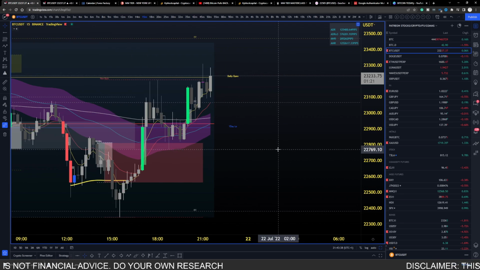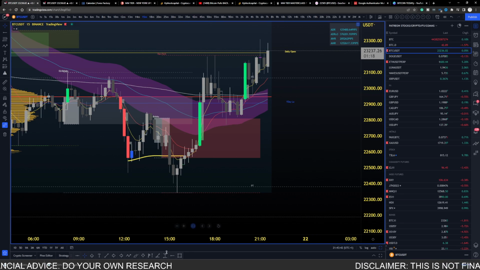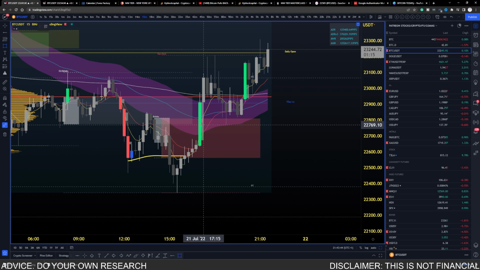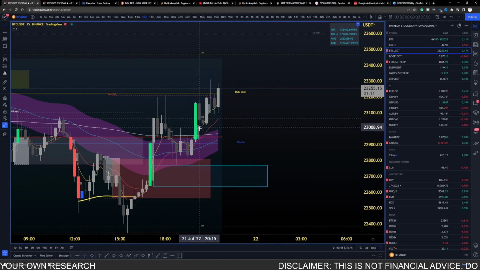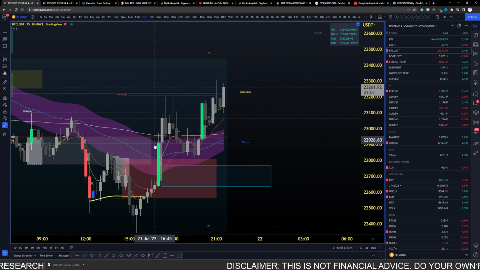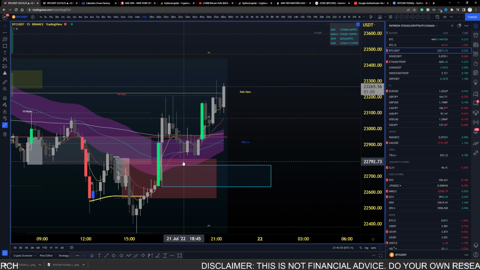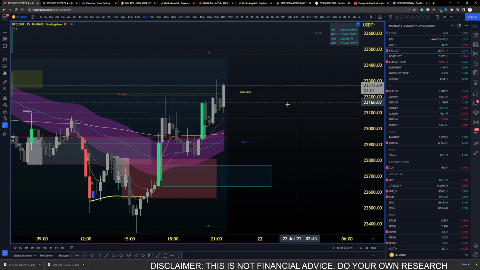Okay? Look at the beauty of what's going on here. Vectors are being recovered. There's not that much ground left for the vector to be recovered down here. There's not much inside. This candle's been fully recovered at the point of control for the session. Happy days. Bitcoin shifting out, on our way towards that 23,500 zone that we want to see Bitcoin resolve at.